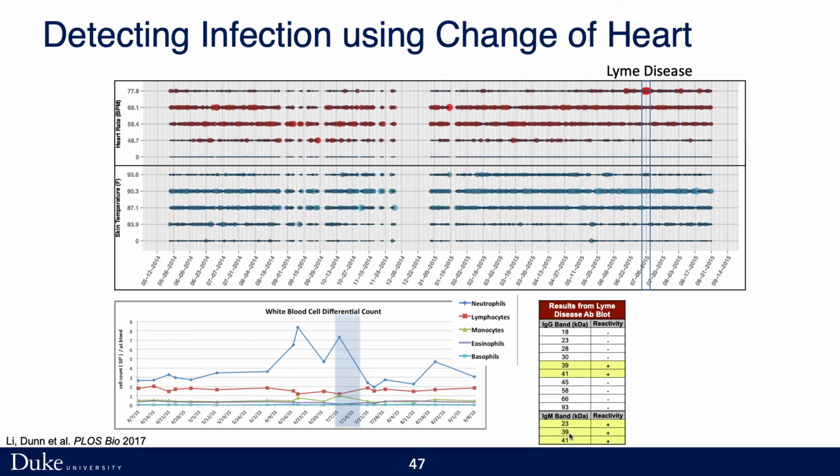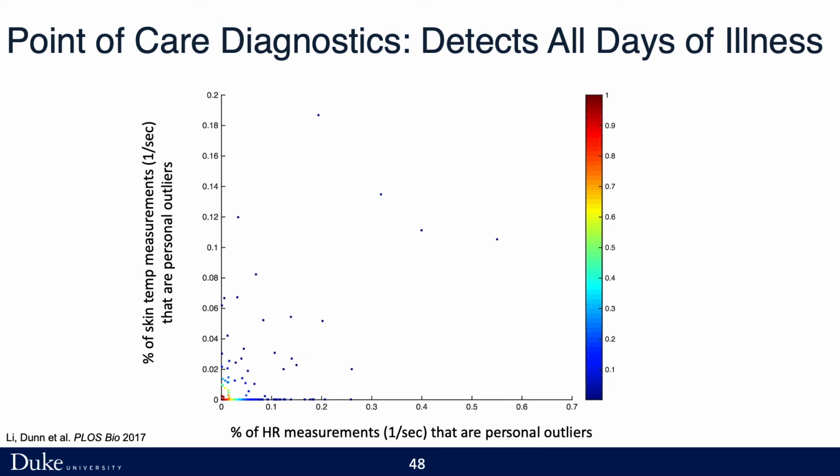So again, I want to emphasize that this method was not specific to detecting Lyme disease, but rather was able to detect an abnormal period of physiology that we could then use to go back and try to learn what happened in this cohort. And so for this same person, what we did was we went back to their clinical records, and recall the study design here is that